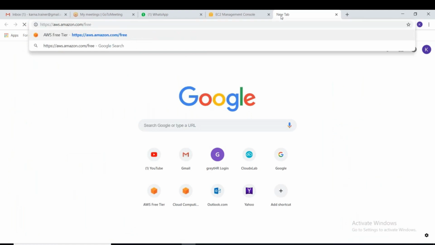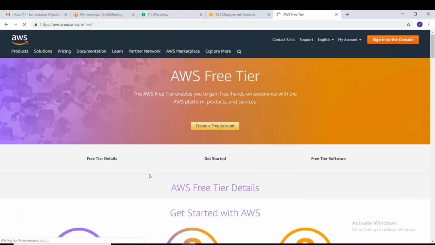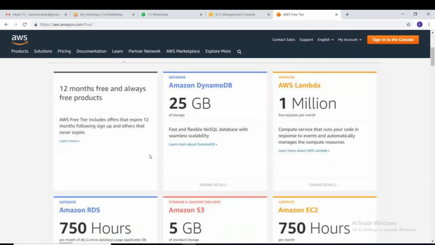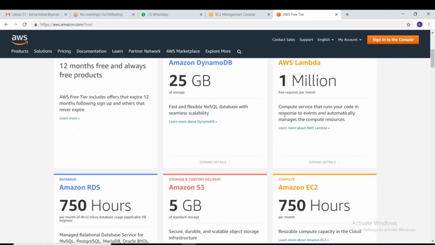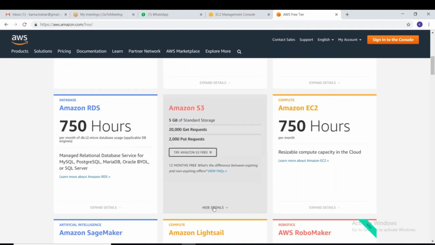Amazon.com/free tier. These are all the services that are provided under free tier if you create a free account. See this, DynamoDB 25 GB, and this is the information that we can use under free tier per month. If you see Amazon S3, expand details, you can see 5 GB of standard storage. So in Amazon S3 we can store up to 5 GB at any point of time.